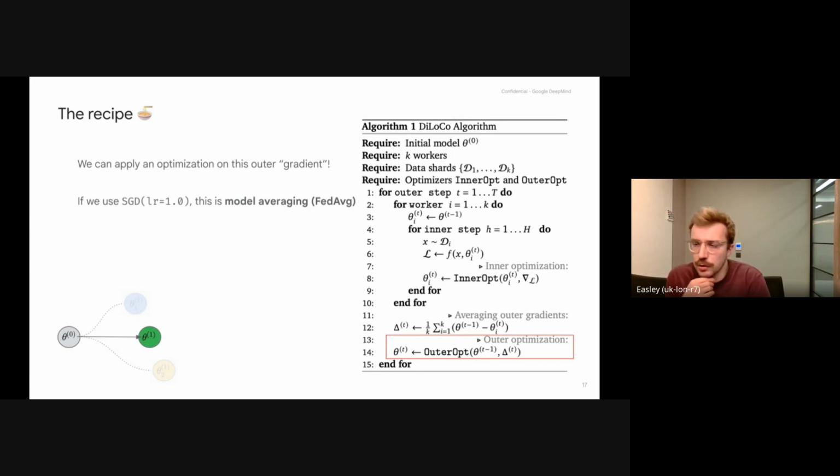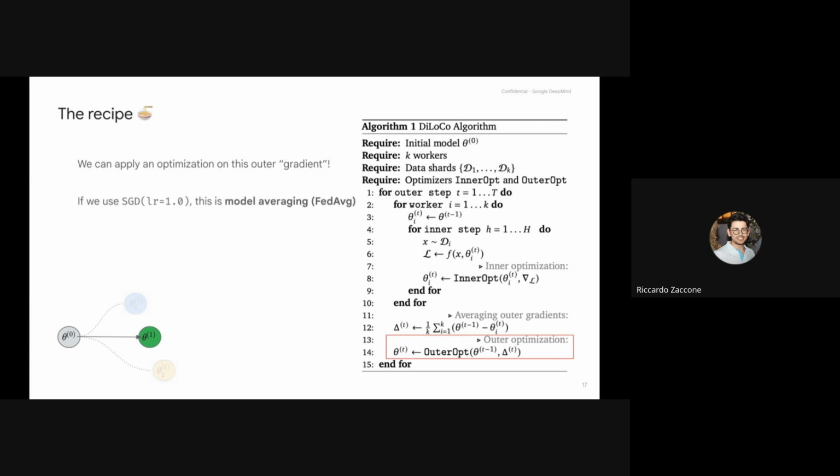Yes, SlowMo is not the closest one, if I recall well, as they use some kind of SGD in the outer loop that bases statistics on the inner loop too. Our setting would be more, if you want to make a comparison, like FedOpt, for example. In FedOpt, they use a setting like ours with the inner optimizer being SGD and the outer optimizer being Adam. In our setting, the inner optimizer is Adam, and the outer optimizer is Nesterov. So you can see our setting as just an alternative where we switch some optimizers, yes.